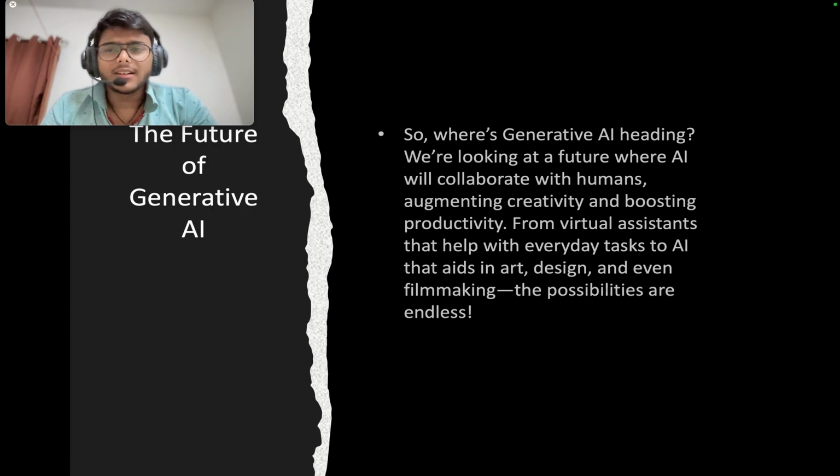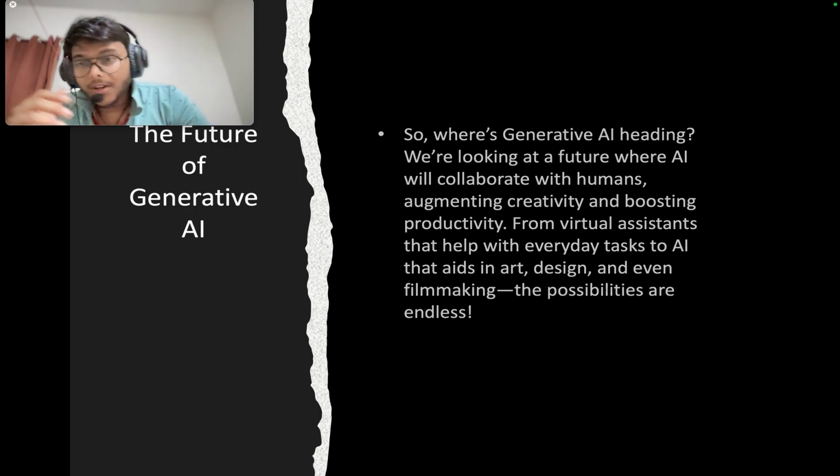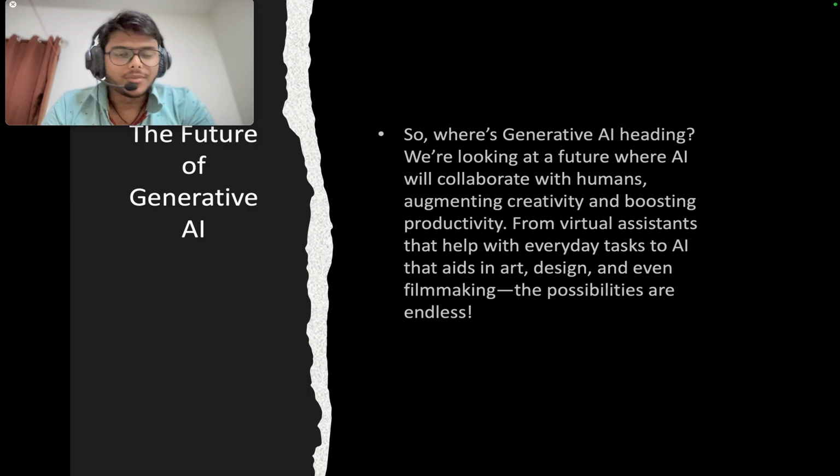So where is generative AI heading basically? We are looking at a future where AI will collaborate with humans. This is the future. So what it's saying is that AI will collaborate with humans, augmenting creativity and boosting productivity, right?